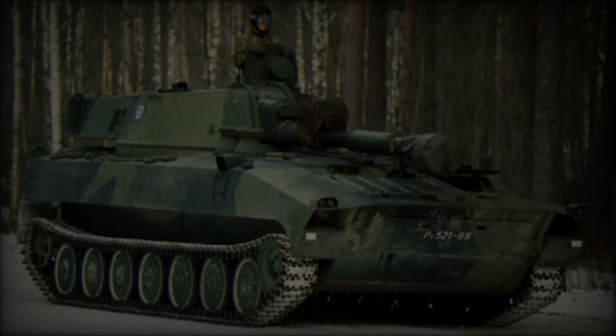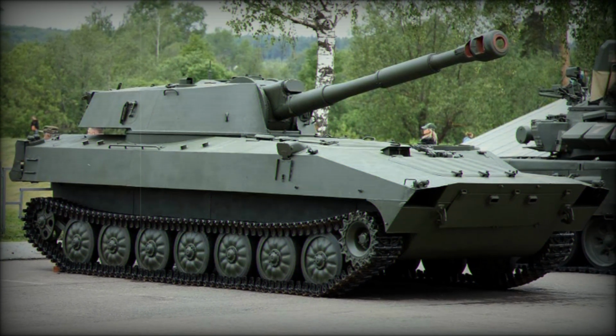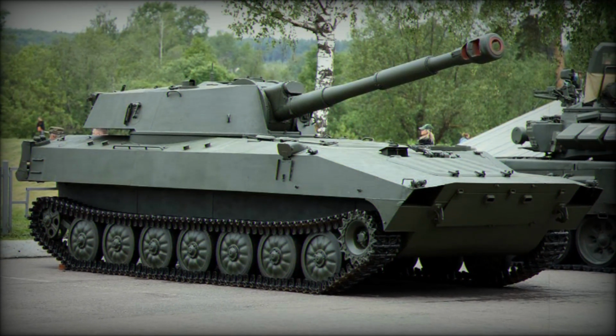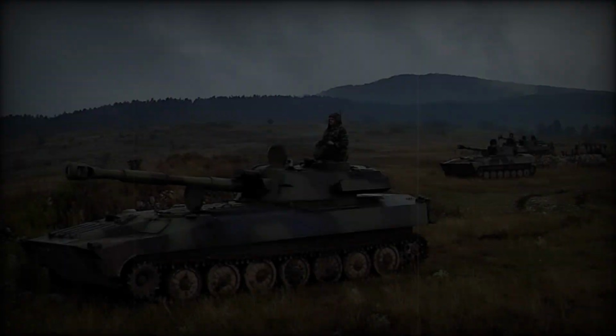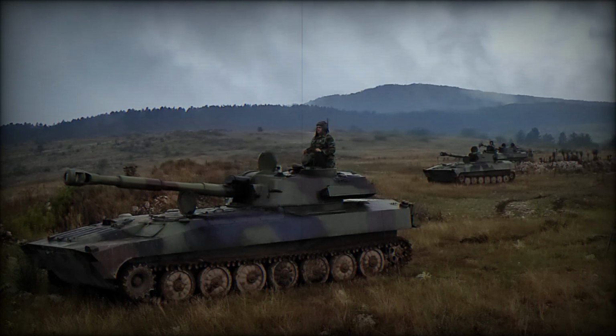In terms of firepower, a trained crew can achieve a maximum firing rate of 5 projectiles per minute, with a standard sustained rate of 2. The 122mm main gun can engage targets up to 15 kilometers away with standard projectiles and up to 22 kilometers